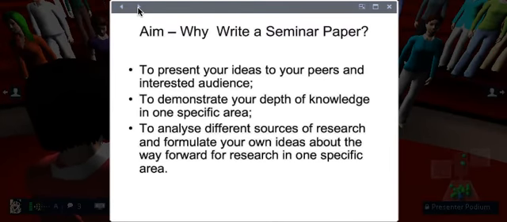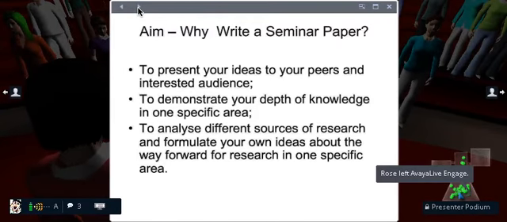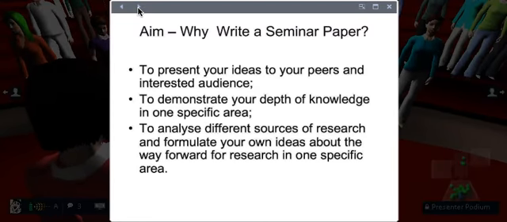So basically, when we said that, we said, okay, we need people who are out there in the classrooms who may propose ideas for research. At this point in time, because this is a simple assignment, we do not want you, and I do not expect that you carry out the research that you propose. But I would like you to come up with ideas to propose research studies that we might carry out and that students in Malta at higher level, and not just at higher level, but also in the classroom, may benefit from. So the idea of writing a seminar paper is that of being able to present your ideas to your